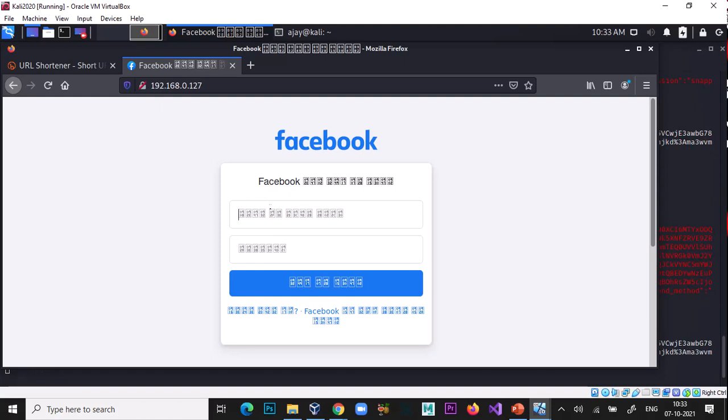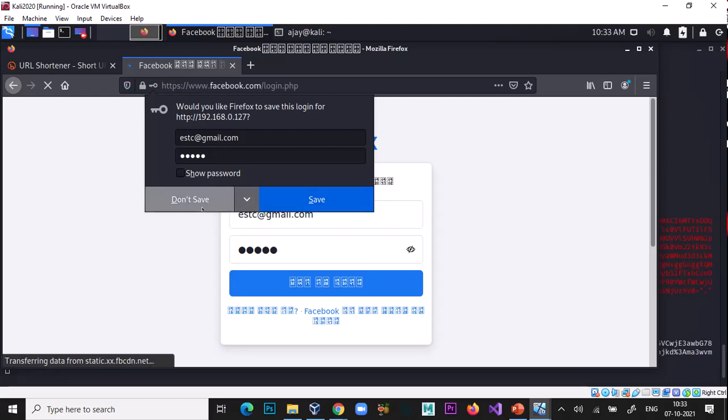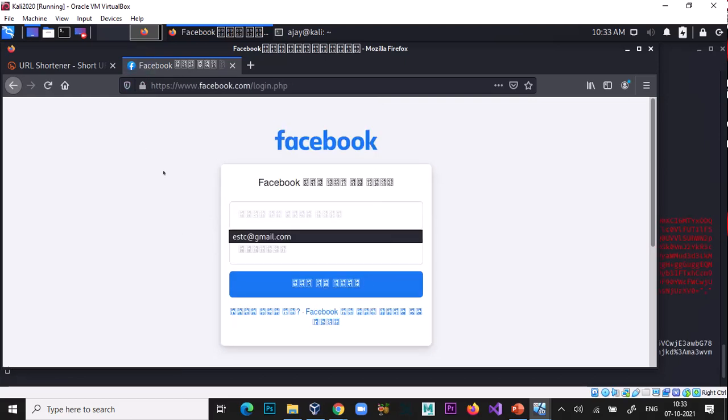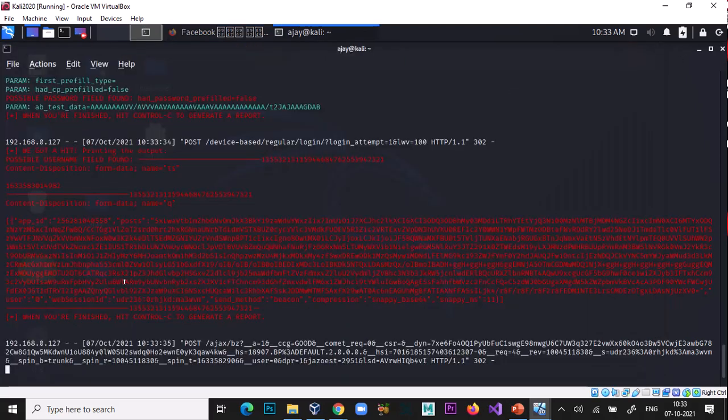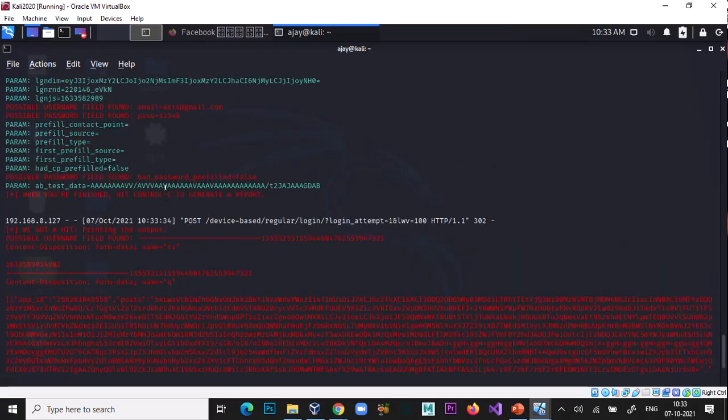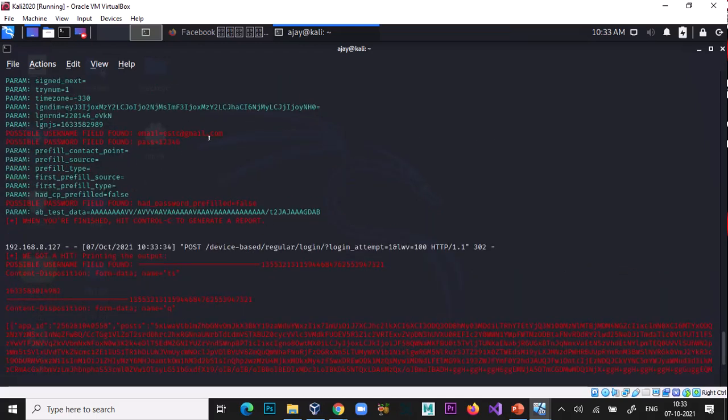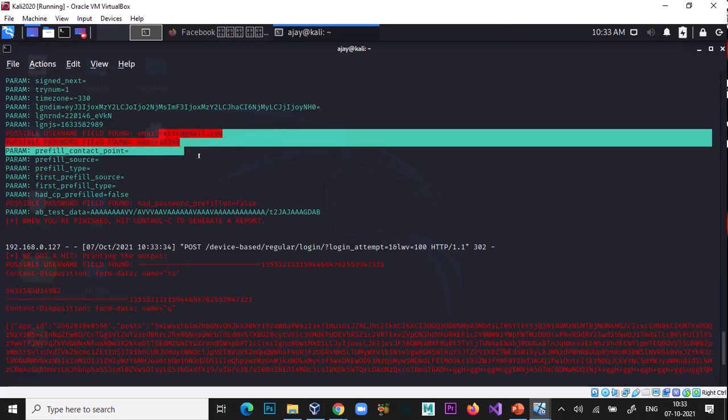And if you type any username here, now it redirects to the original Facebook page. So here are your username and password.